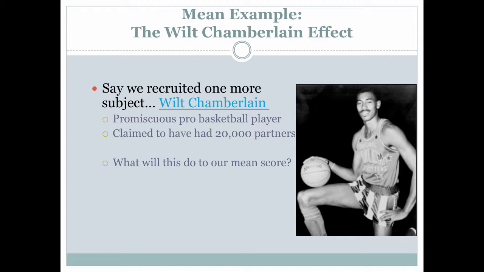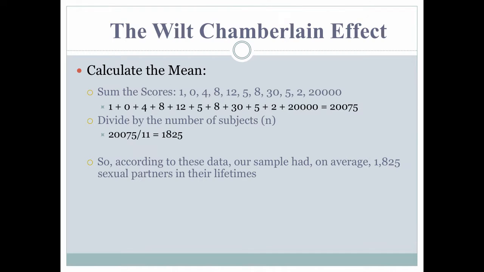And let's take Wilt Chamberlain as our example, okay? He supposedly had over 20,000 partners, at least that's what he claimed, okay? Now imagine he is part of your sample. What will this do to your mean score? Okay, let's go ahead and calculate the mean again, and let's see what happens. So you add all those numbers, and then you add the 20,000 sexual partners that Wilt Chamberlain had, and you find out that now your average is